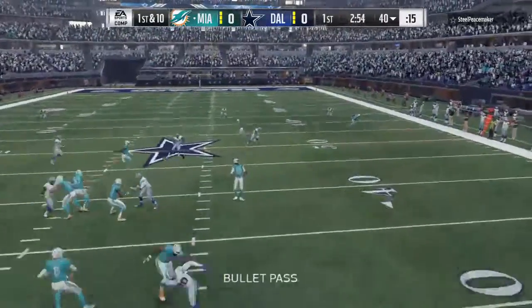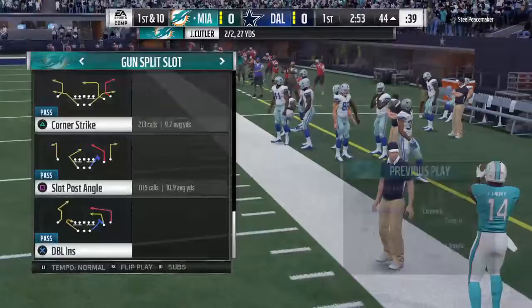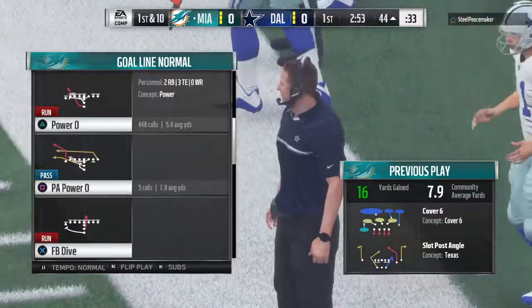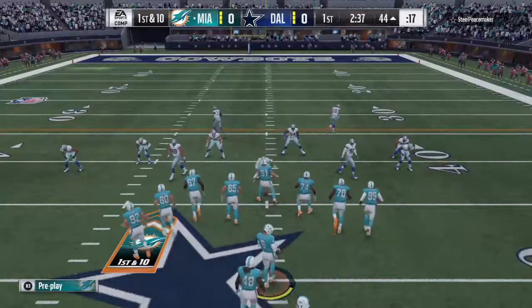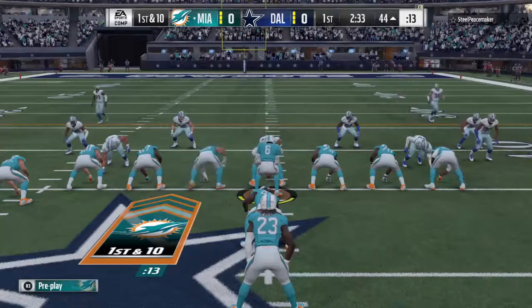Throwing here, Cutler. He's got a man wide open. It's Landry. And out of bounds on the other side of midfield across the 45. Another nice gain, 16 yards there and a first down again. So here we go, 1st and 10 now. Here comes the D swarming to the line. Here we go. Green,